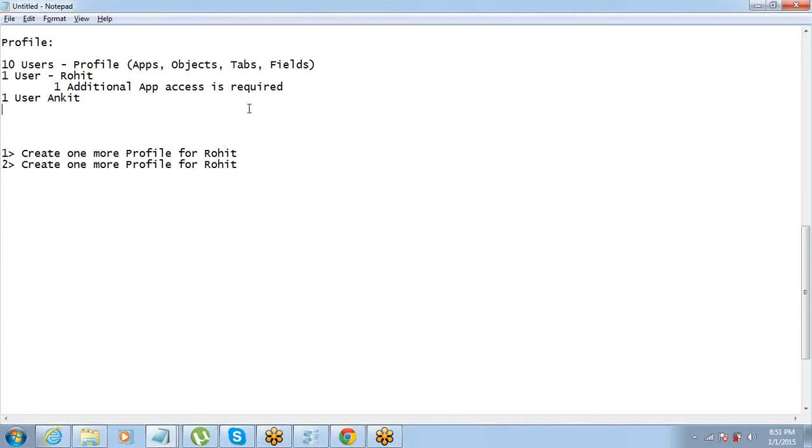Then what happens? After a few days, there's one more user, Narayan. He needs access to one extra tab which others do not need. Practically this will happen, right? If two people need access to extra things, after a couple of days the other person will also need. So this way, gradually we will end up having too many profiles. Got this thing? So we are actually not talking about 10 users or something.